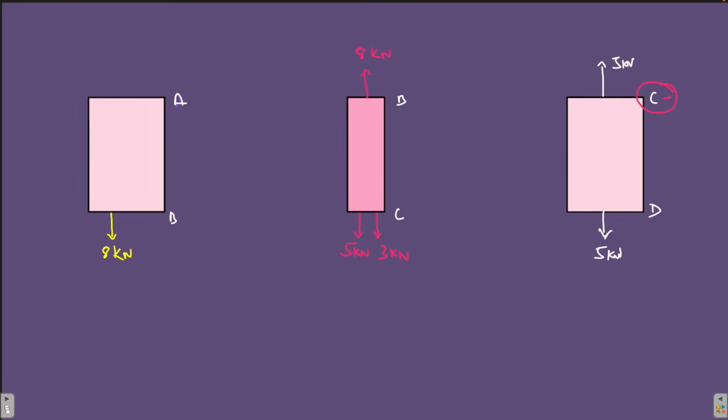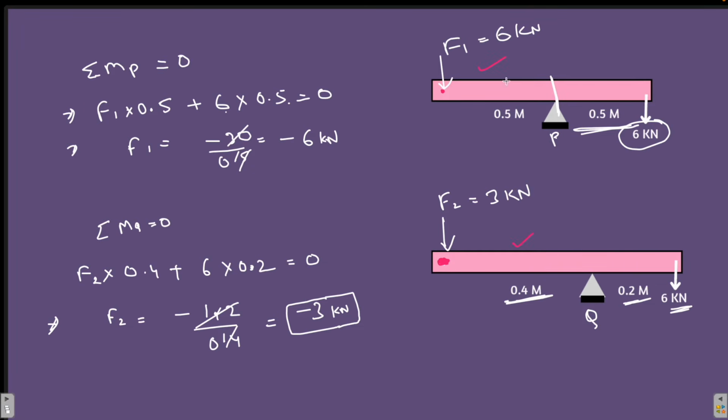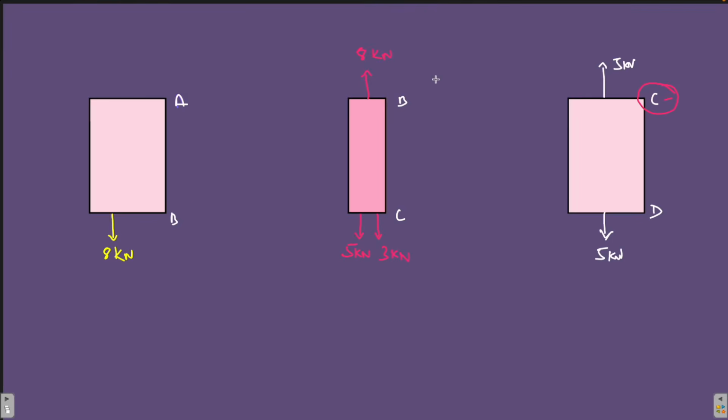Now if you look carefully, this F1 force of 6 kilonewton is also acting, right, in the downward direction at point A. So we are going to add this 6 kilonewton over here, another 6 kilonewton. Okay, now in order to balance the entire force in the bar AB, what we are going to do, 8 plus 6, how much is it? 14 kilonewton. So there will be an upward force of 14 kilonewton acting in this bar so that the forces in the entire bar are balanced.